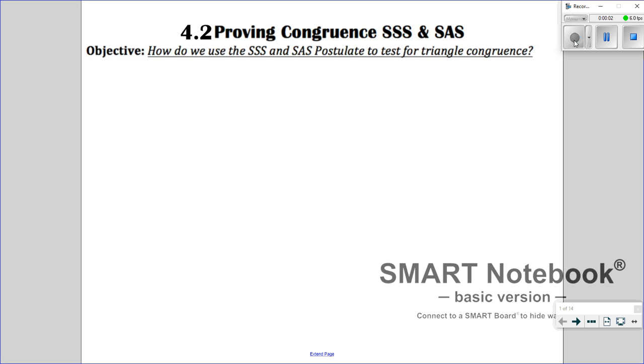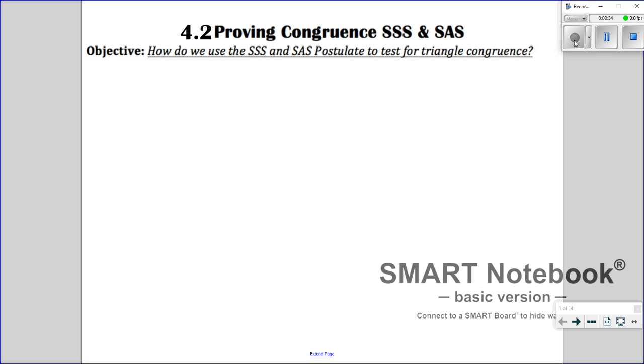Hello. So today we're going to be doing our next lesson, which is Proving Congruence SSS and SAS. The last lesson you learned about CPCTC, congruent parts of congruent triangles are congruent, where they gave you two triangles that were congruent, and then we just had to show that either the angles and the sides were congruent based on that postulate. So now we're going to break it down where we have to actually prove that the two